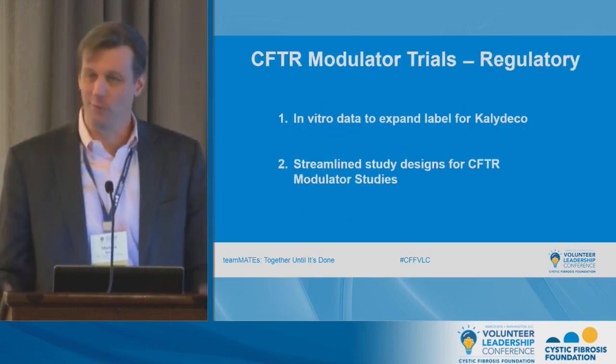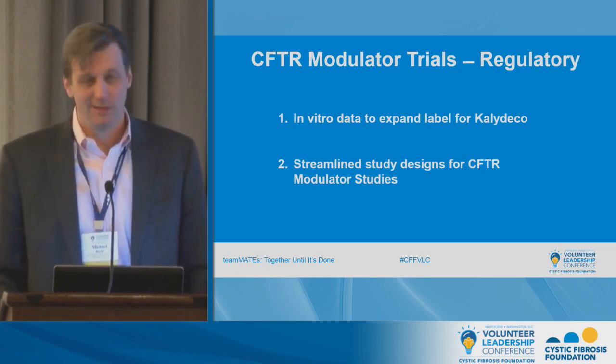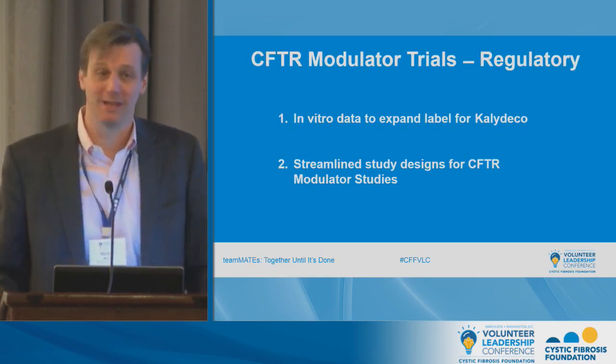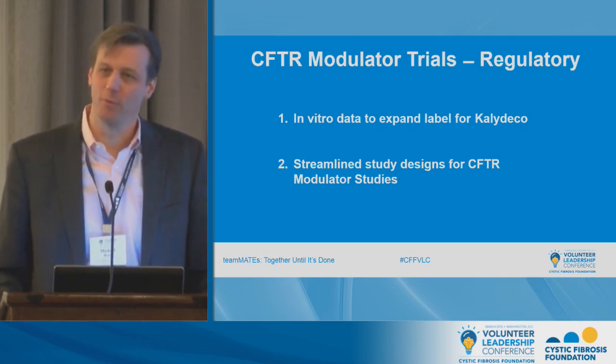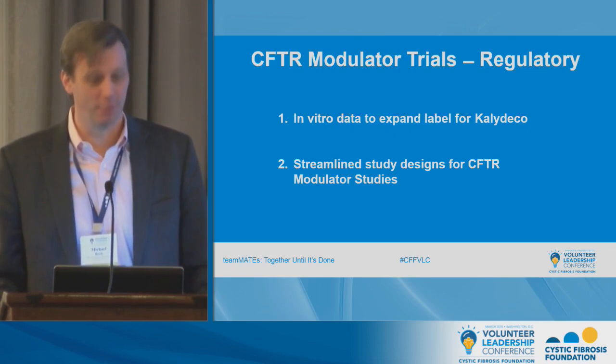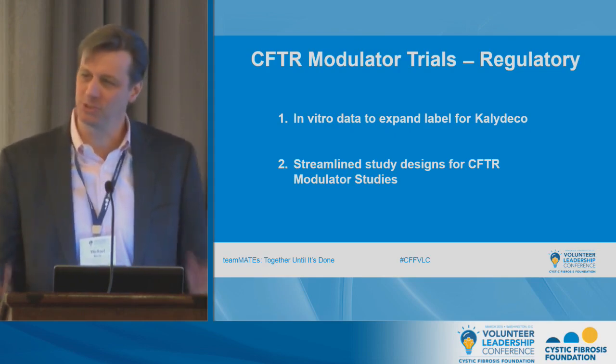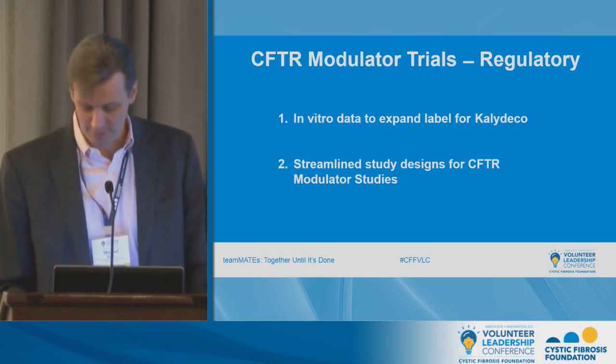I'll just mention this quickly, that one of the other exciting things, and actually, Tony will talk a little bit about this, is there's some new opportunities for using the lab to be able to identify who might be able to benefit from these new modulators, particularly with rare mutations. And the other thing that you'll see as a theme this upcoming year is streamlined studies, particularly for modulators,